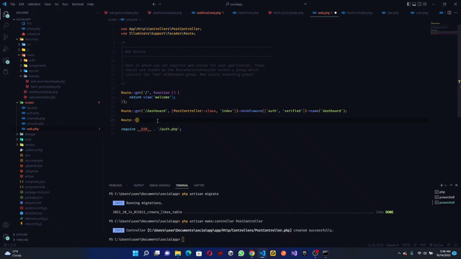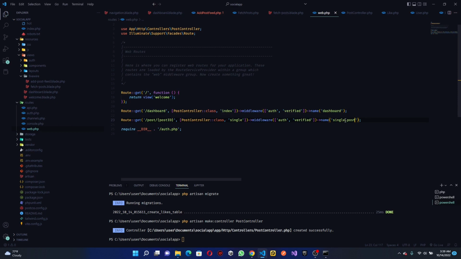Good. So now for this, we'll go ahead and do get. So we want to get request, which is post slash post ID, which is also going to go to the post controller class, single. I'm going to put this because we're getting a single post, so the same will be able to pass in the middleware. Sorry about that. Let's give it a name called single